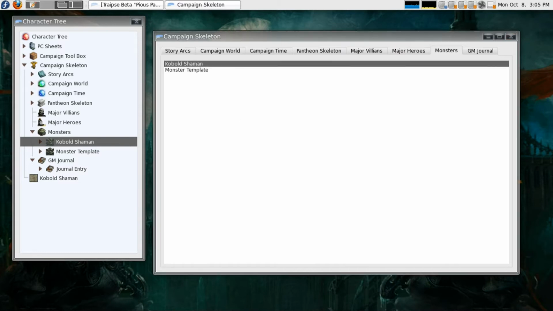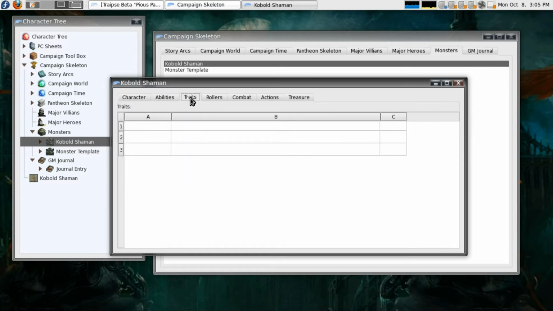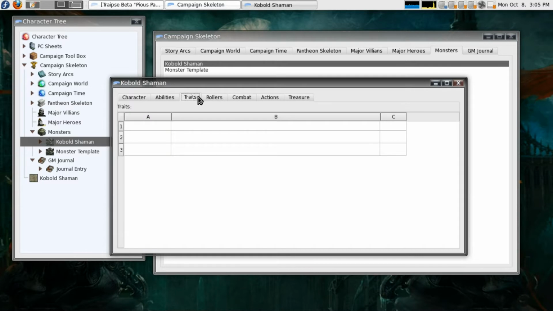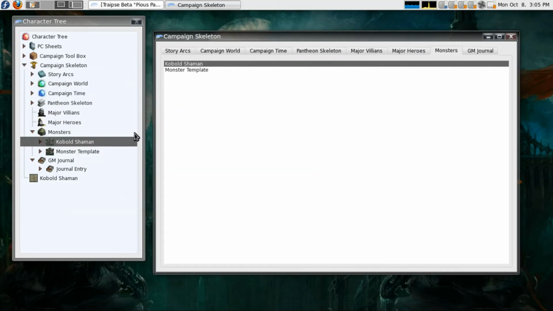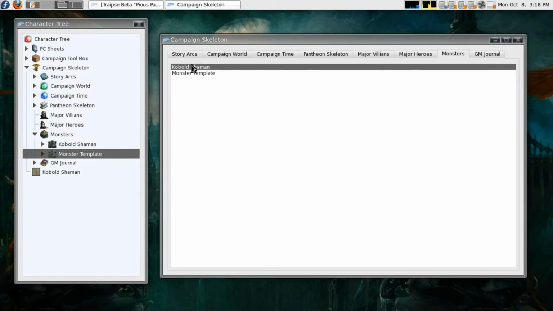Now the Kobold Shaman opens up, and you can see, huh? I have some tree issues. One second. Okay, I'm back, and I'm not exactly sure what I did, but